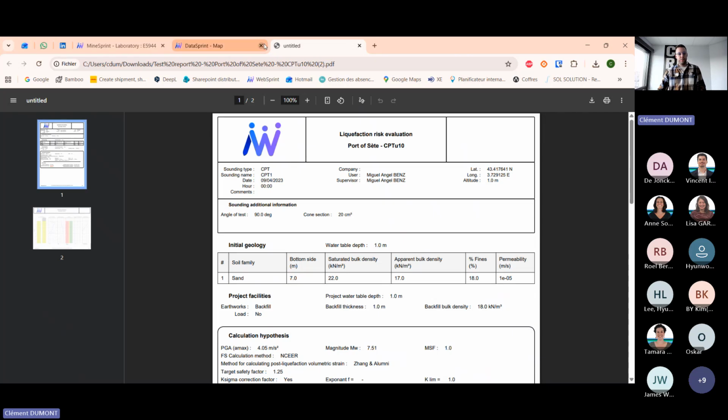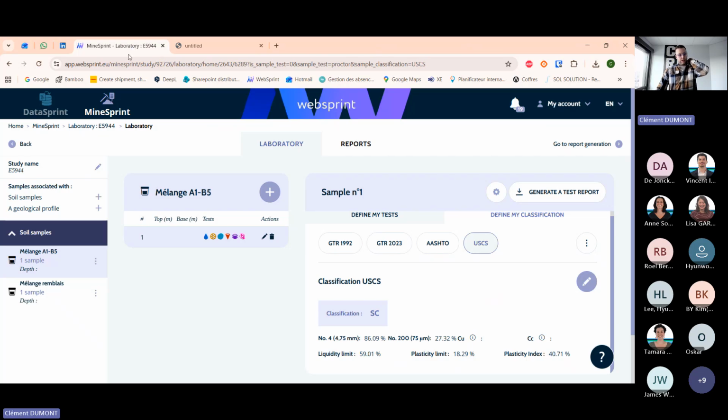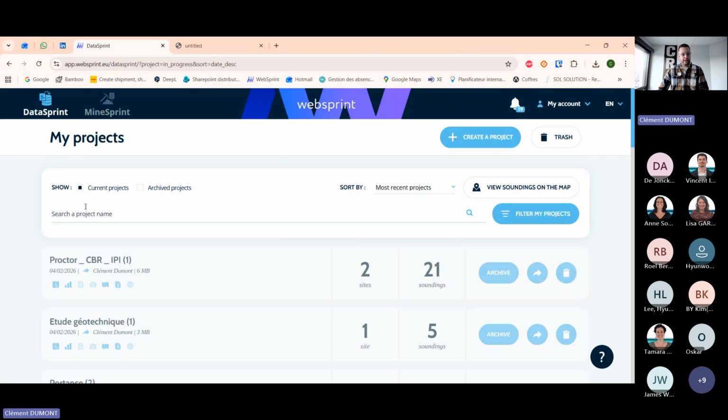So now it's time to move to the last module. The last module is the liquefaction one. We are running out of time, so I will be very quick on this module. For example, if I open this project,